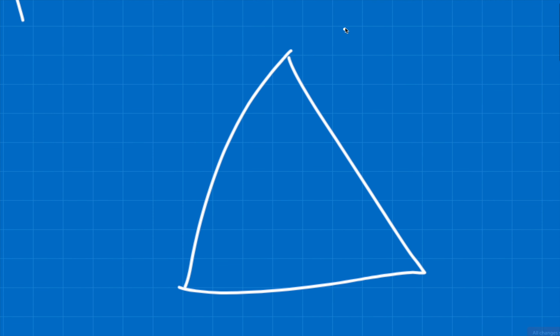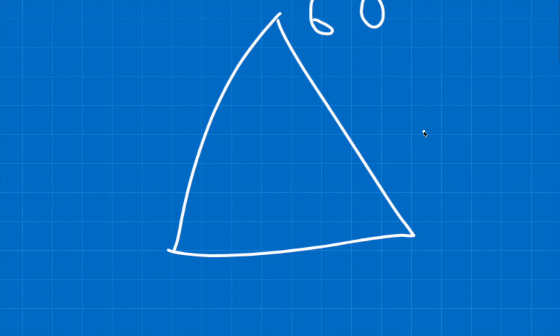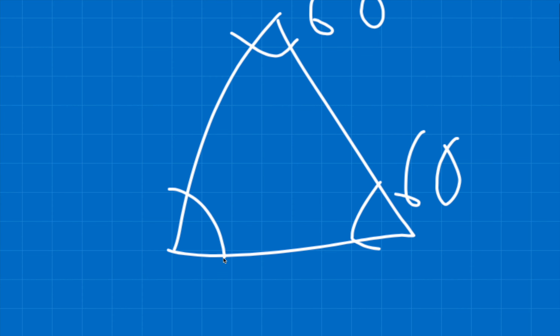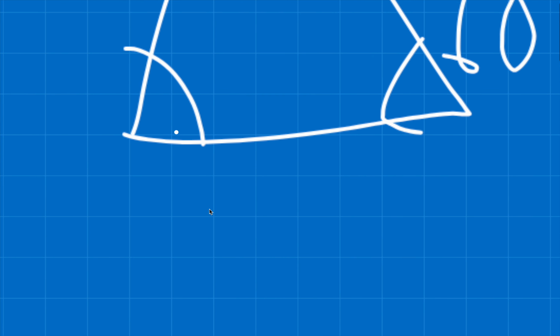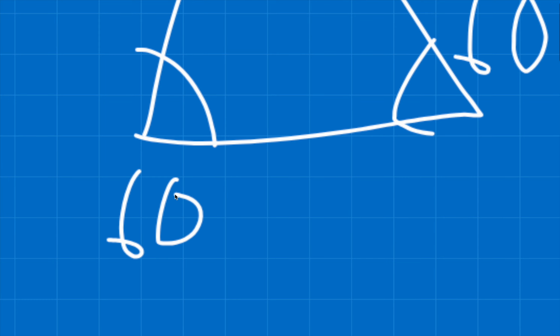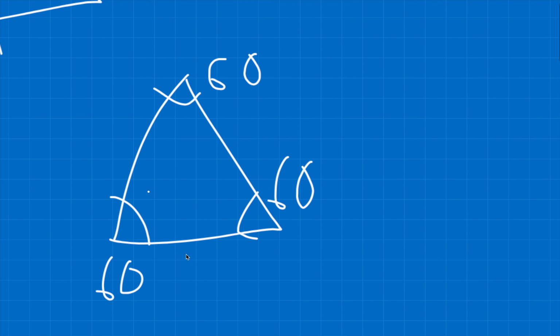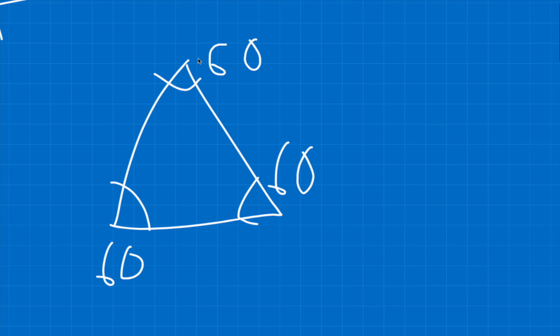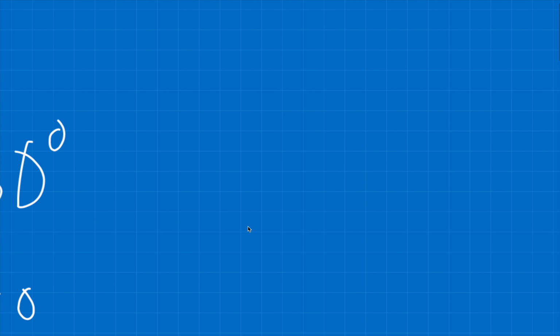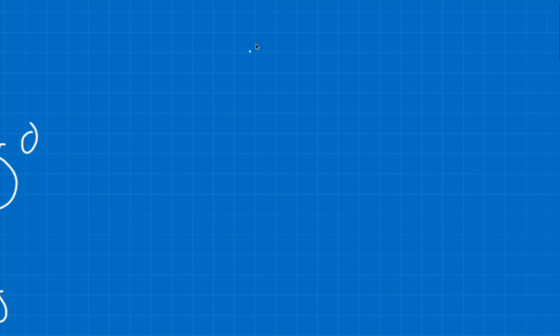We have this triangle, and these 2 angles are 60 degrees. Can you guess what the third angle is, technically? It would also be 60, and they're all equal to each other, which is pretty neat, since 60, 120, and 180. Now, how does this relate? Well,